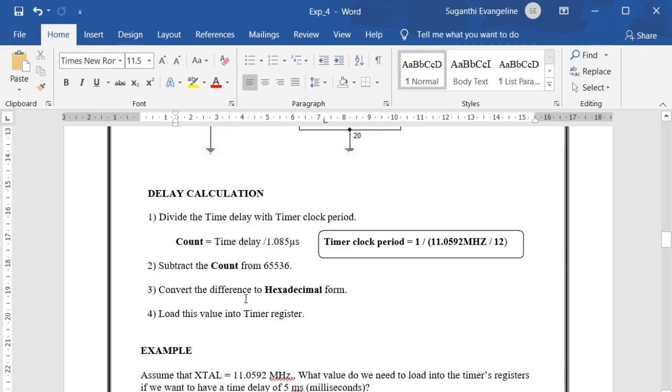Then the difference should be converted into hexadecimal, and that is what we have to load into your timer register. We know that two timer registers are available, TH and TL. If you are using timer 0, it is TL0 and TH0. If you are using timer 1, it is TL1 and TH1.